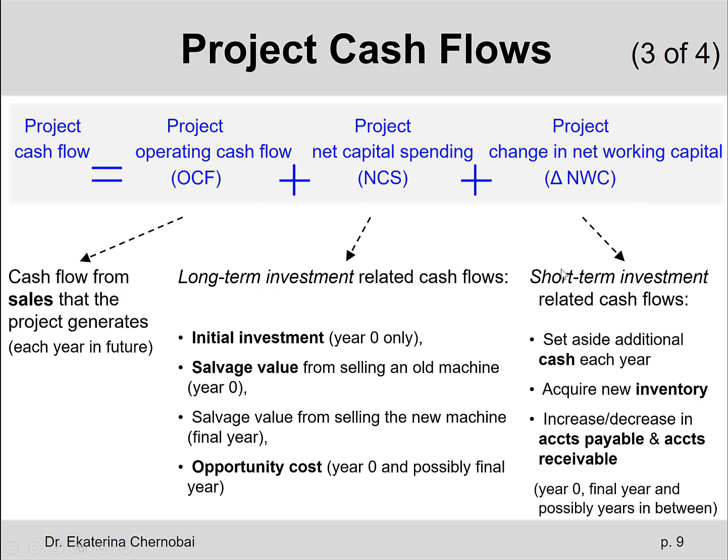Net working capital, you can think of it as small things that we may need to use for the project, like short-term investment related cash flows, such as maybe we need to set aside a few $100s in cash, so we can always have it lying around, always handy, that we can take the money out whenever something needs to be quickly repaired, right? Cash is technically not the only item that belongs to what we call net working capital. There are other items like inventory, accounts payable, accounts receivable that are also in this category.